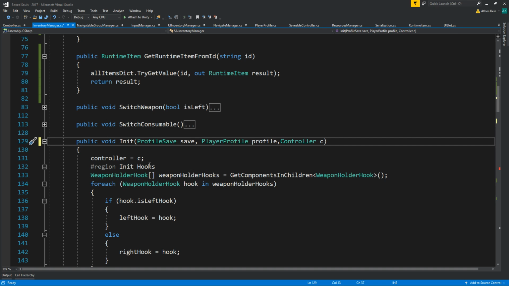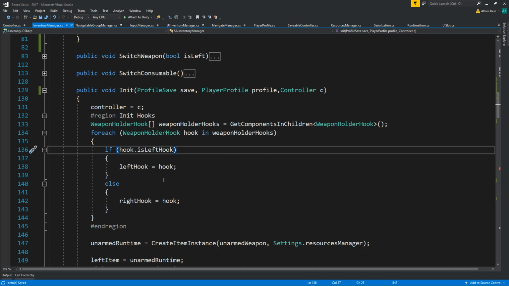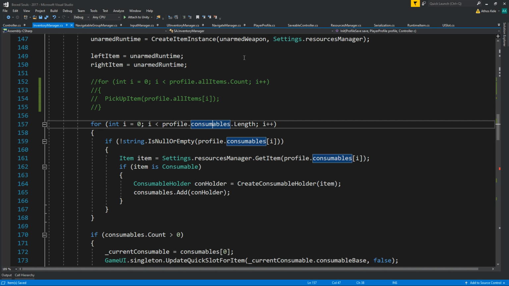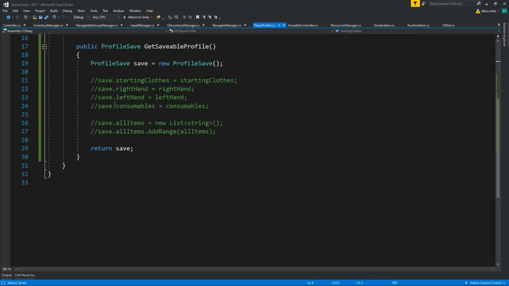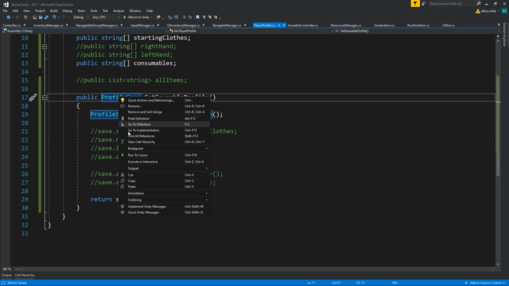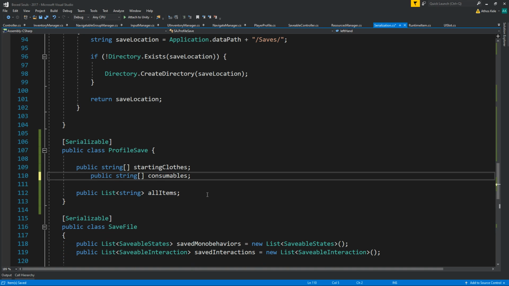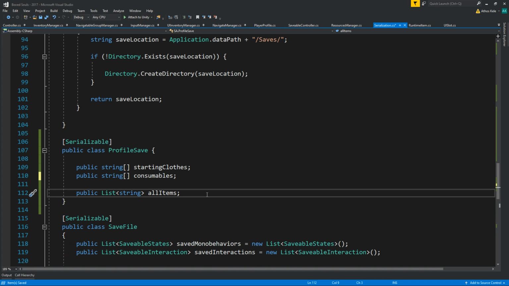Okay, we have our profile save, then let's go on our profile save on the base. Then we don't need right hand or left hand for now, and we don't need the all items. We just need a public list of runtime savables,